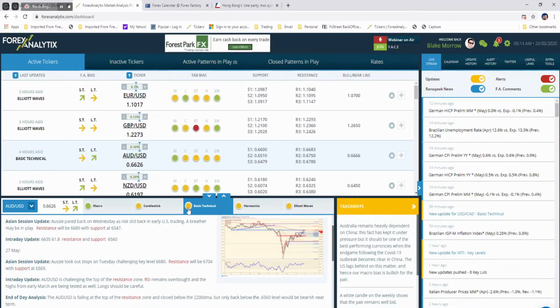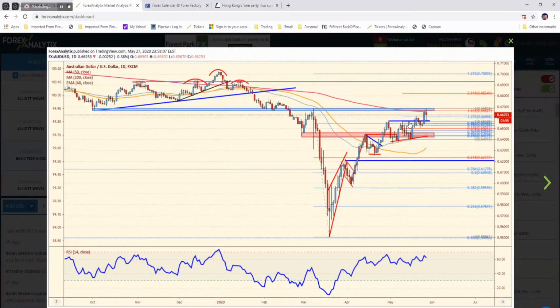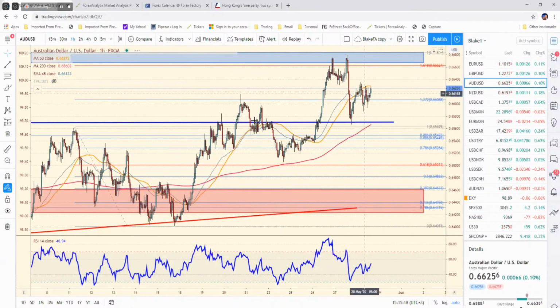Now you might see that it's neutral here, but based on all the charts that we've posted, it still comes out with a neutral rating because there's been a lot of flip-flopping back and forth as we've been channeling up here. But what that would tell you is any dips towards 66, 65, 60 would be a long, while we're above there. So overnight we did dip to 65.88 and right back up again. So if you read into that analysis that I wrote, it's like, okay, use those support and resistance levels to